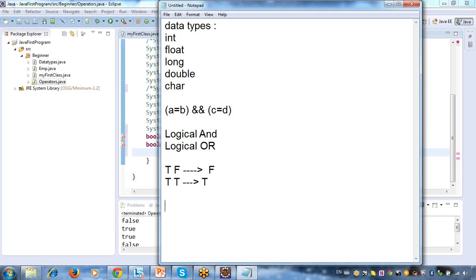Similarly, if you go with your logical OR, if both are true, my value will be true. If one is true also, my value is true. Whenever both are false, then only my value will be false. In OR I am talking. In AND, if both are true, then only my output will be true.